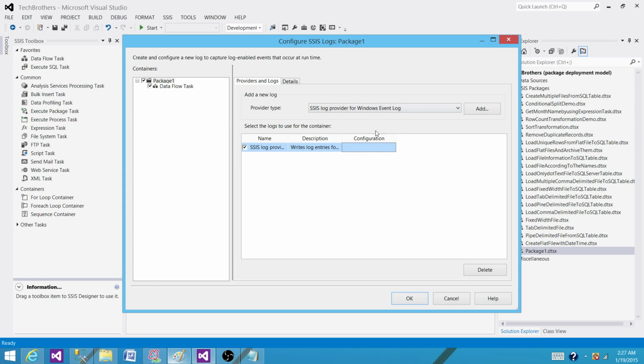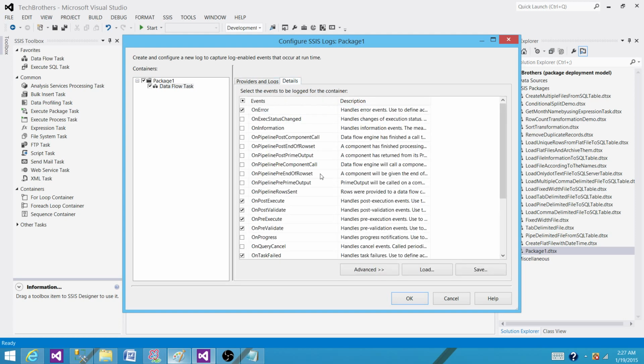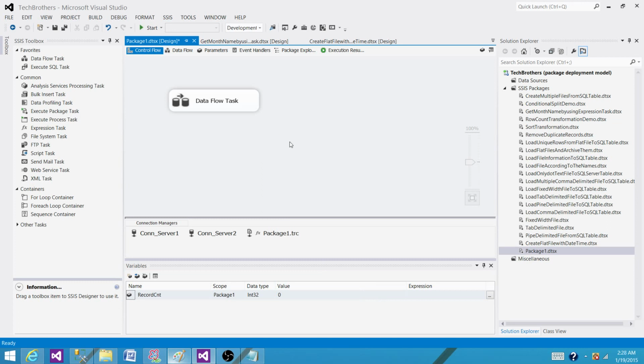Here when we enable this one, it automatically knows that the package needs to put the information into the Windows event. It is going to use the Windows event log, and it will be putting information in Windows event viewer. So on any system wherever you are going to run the package, it is going to put the information on that Windows event viewer. And now we are all good. We can go and enable it. Here let me hit and then hit OK. If we run this one, then the information will be put in the event viewer, and we can take a look. Start the package,